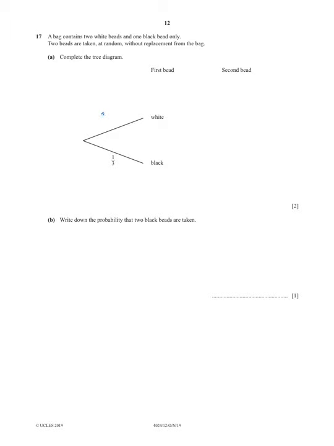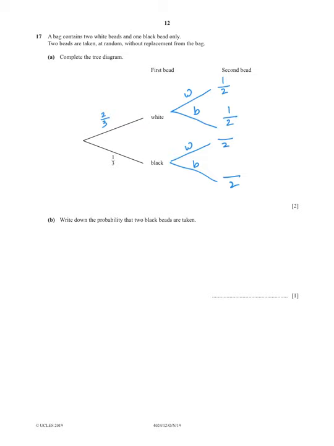So the possibility of a white bead will be 2 upon 3. 2 beads are taken. So if you pick another bead, first thing for sure, I know that now the sample space will be 2. Alright, so first I will write all the sample space now. If you pick another white, it will be 1, but it won't change the possibility of black, so it will be 1 as well. Alright, it's white and black, it's white and black.